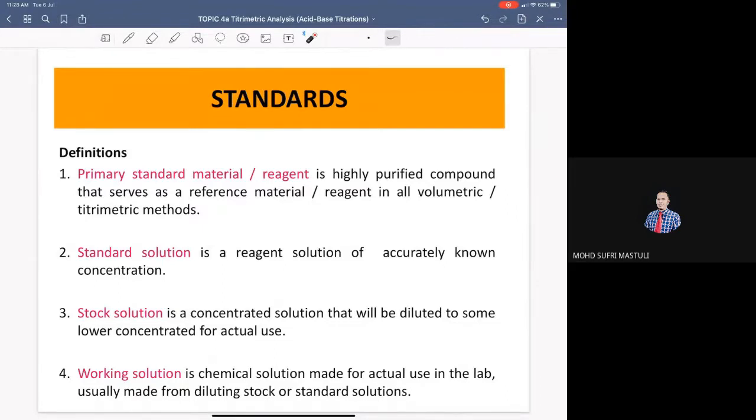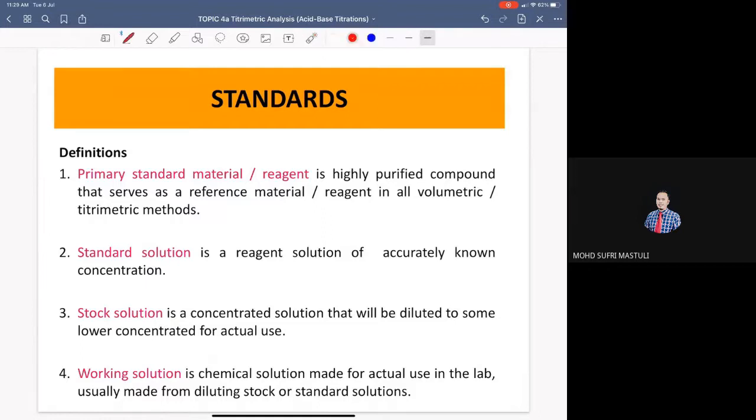Of course, the solution will be prepared from the starting material. The starting material, we call it a primary standard material or primary standard reagent. The primary standard material or reagent is a highly purified compound that serves as reference material or reagent in all volumetric or titrimetric analysis. From the primary material, we will use it to prepare the solution. The first solution we will prepare is the standard solution. The standard solution is a reagent solution of accurately known concentration,